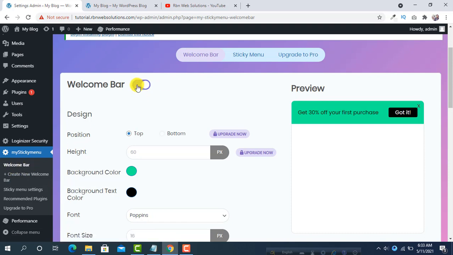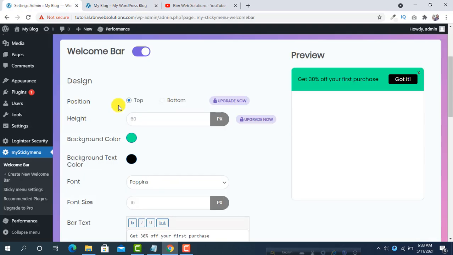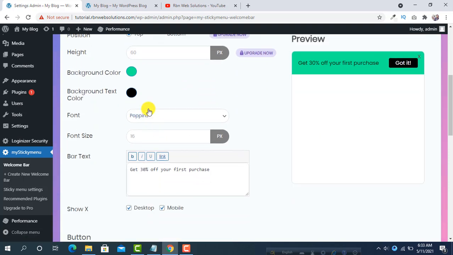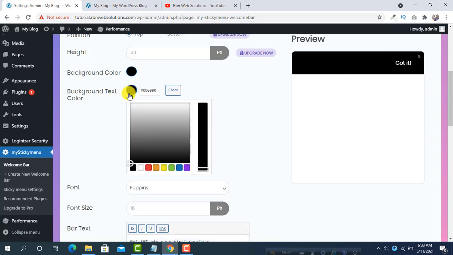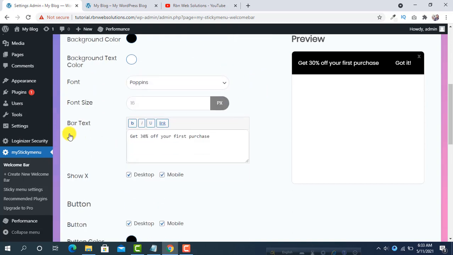So first check it. If you want to put the welcome bar in the top, then you have to select top, and here is the height. If you want to change the height, you have to upgrade to Pro, and then you can select background color also. Suppose you want a black welcome bar, and you will see here the preview, and the text color is white, and here is the bar text, how you want. Suppose, get 30% off your first purchase today,